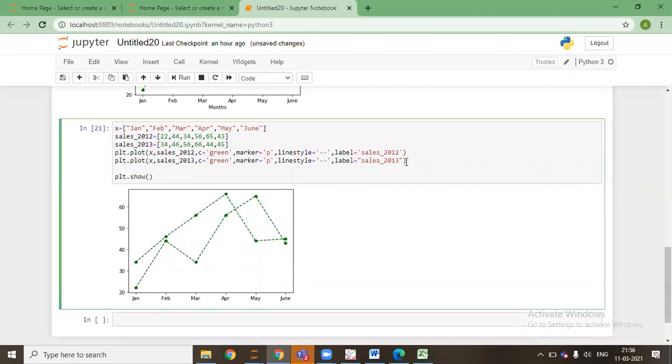I'll say plt dot legend. Sales 2013. So I can add so that the